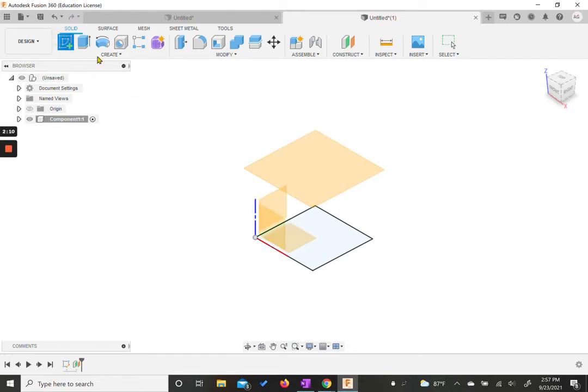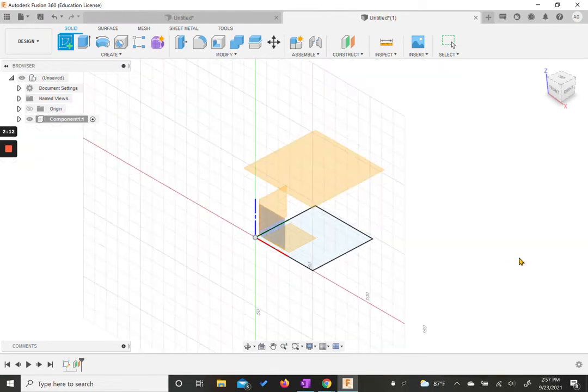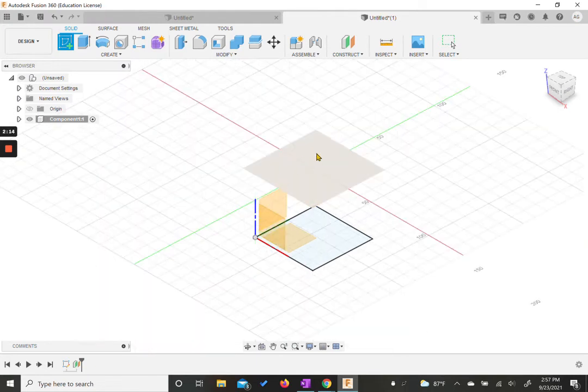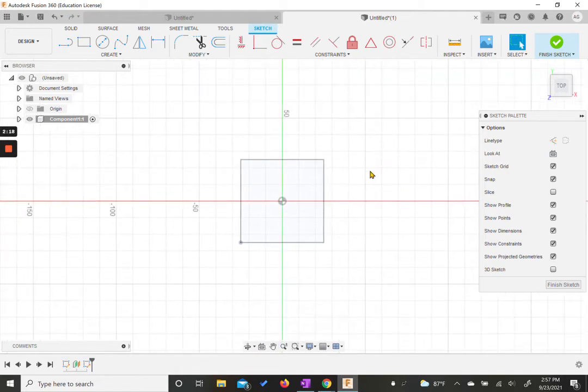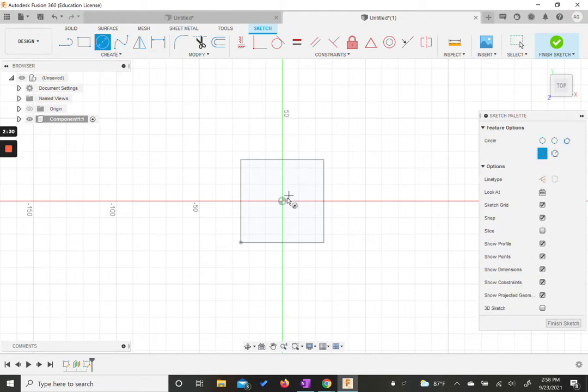So we're going to make a sketch. We're going to choose our new plane up here. You see it kind of highlights just like the other ones did. We click it up there, and now it's centered on our original sketch since we had chosen it. So now what we want to do is we're going to make a circle this time. We'll start it at our origin here. This one's going to be 25